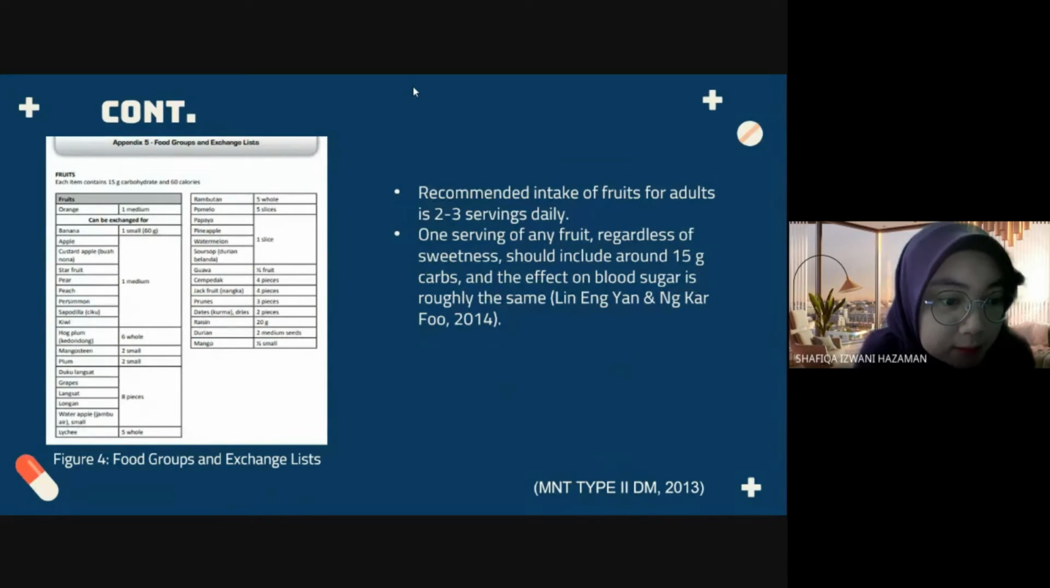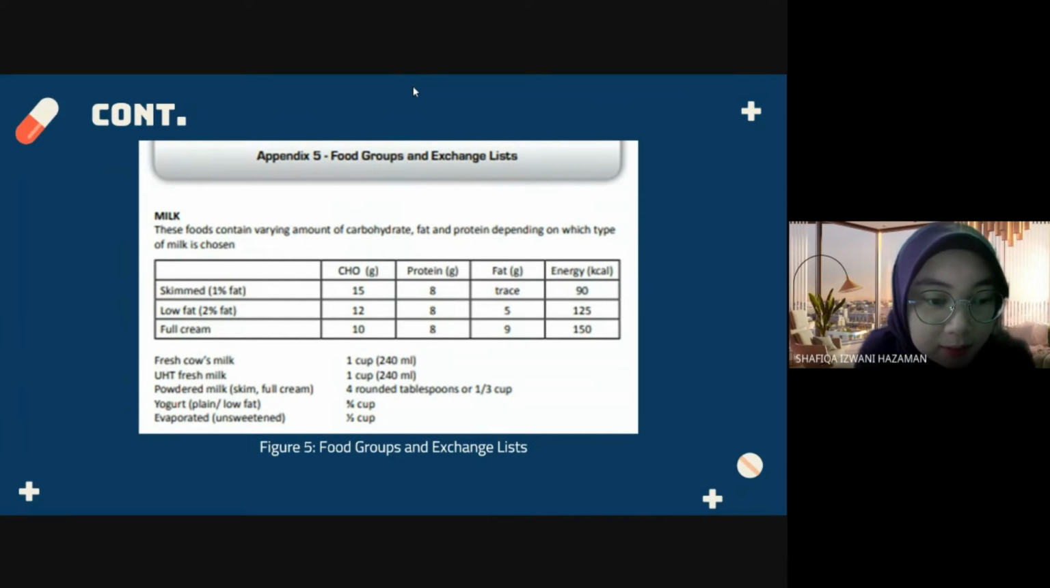this is the exchange group for fruits. For example, one exchange of orange is 1 medium. The recommended intake of fruits for adults is 2 to 3 servings daily. One serving of any fruit, regardless of sweetness, should include around 15 gram carbs, and the effect on blood sugar is roughly the same. Next,